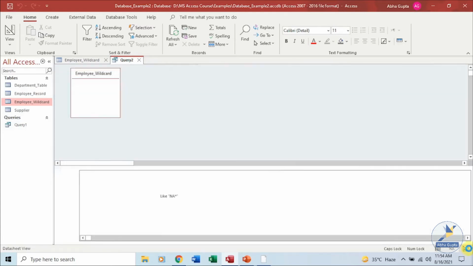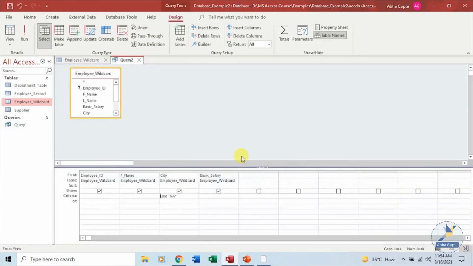The second wildcard character which we have is the question mark. It will search for any single alphabetical character in the search string. If we want to specify only one character, then the question mark is used.